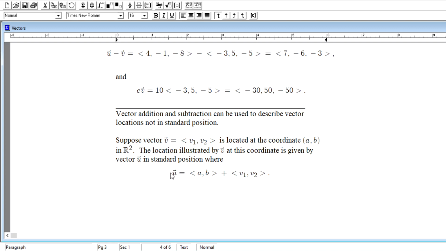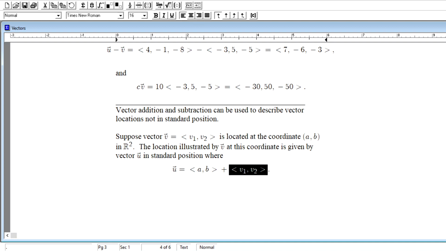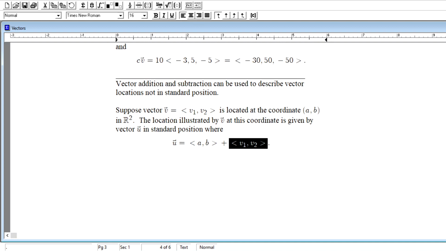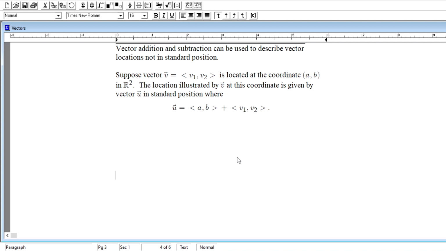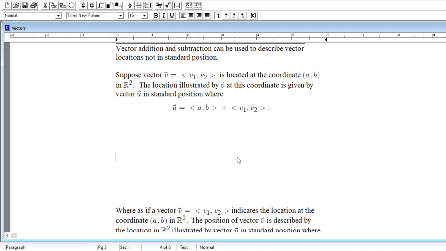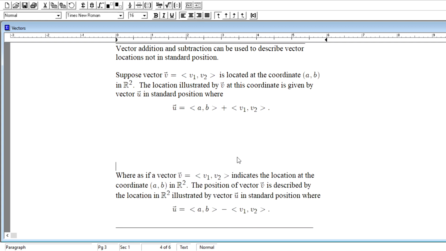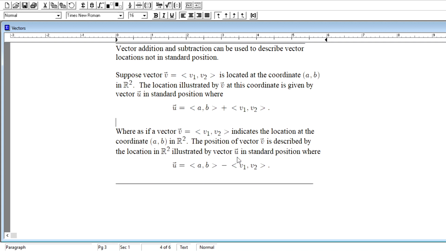Right? Now, if you knew the location of u and you happened to know what v resembled, in terms of its two-dimensional vector, you could find v's location in space, at a comma b, using a little vector subtraction. Whereas if vector v indicates the location at the coordinate a comma b in R2,